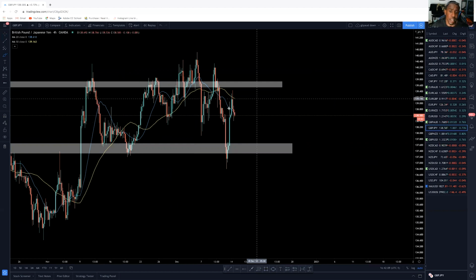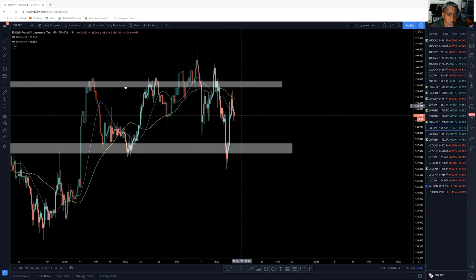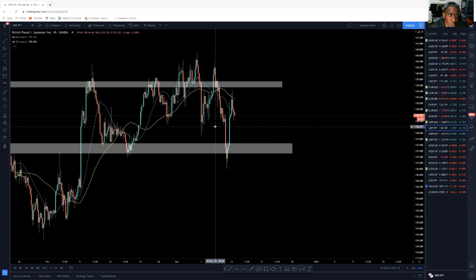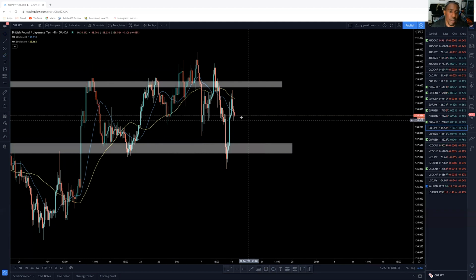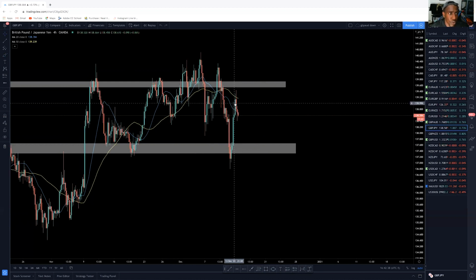So if I'm sell biased, I don't want to just take a sell right now. I want multiple levels of confluence. I want to see price doing multiple things. I want to see it respecting this resistance area. I want to see bearish engulfings. I want to see double tops. I want to see price moving below the moving averages, right? I want to see all of that taking place on the chart to let me know that, okay, if you're bearish, price is going to move in your favor because we have 1, 2, 3, 4 levels of